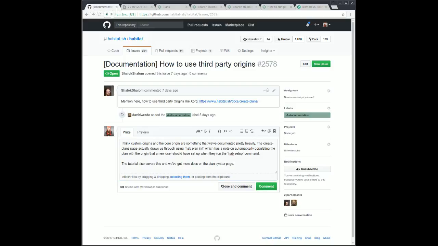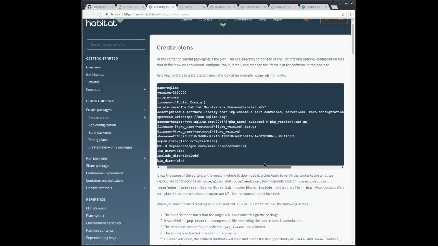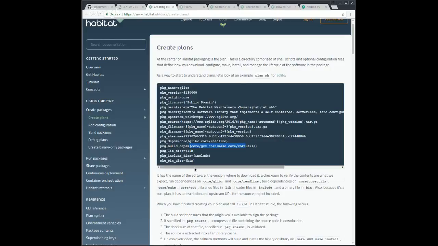I'm going to double check this one more time to make sure I'm not crazy, because I don't want to close this out. But with this one, we're using an example of a core plan that's depending on other core plans. And so what we've got